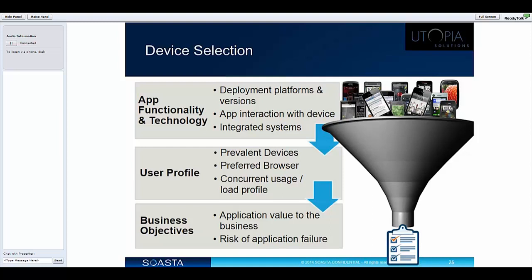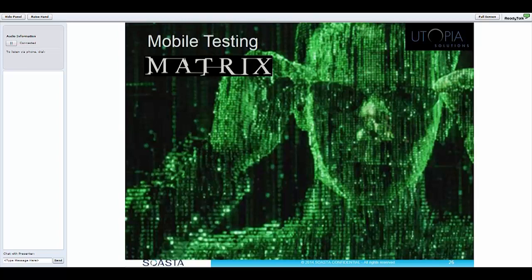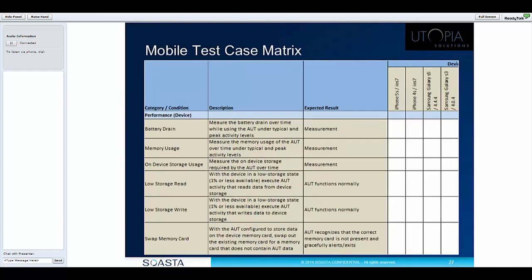So now that we've determined our target test conditions and test configurations, what we've really done is transform our checklist with our conditions down on the left side into a matrix with our configurations across the top. And I'm always looking for any good reason to show a matrix reference. So, all right,